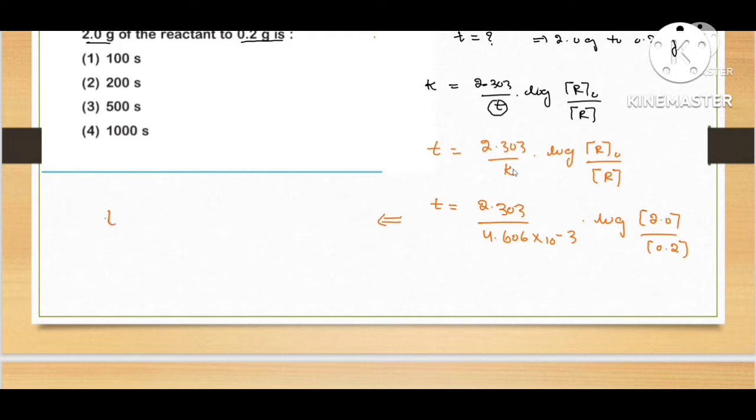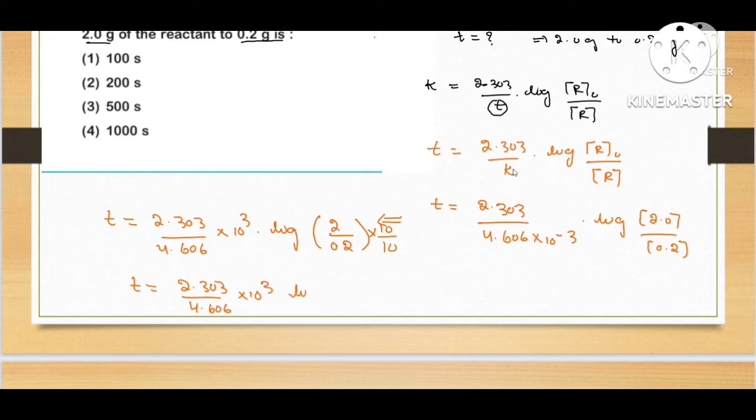You can simplify. t is equal to 2.303 by 4.606 into 10 cube into log of 2 by 0.2. Now multiply 10 on both sides, 10 by 10. You will get time equal to 2.303 by 4.606 into 10 cube. Here log of 20 by 2, 20 by 2 becomes 10. You know that log 10 is equal to 1. Then time is equal to 2.303 by